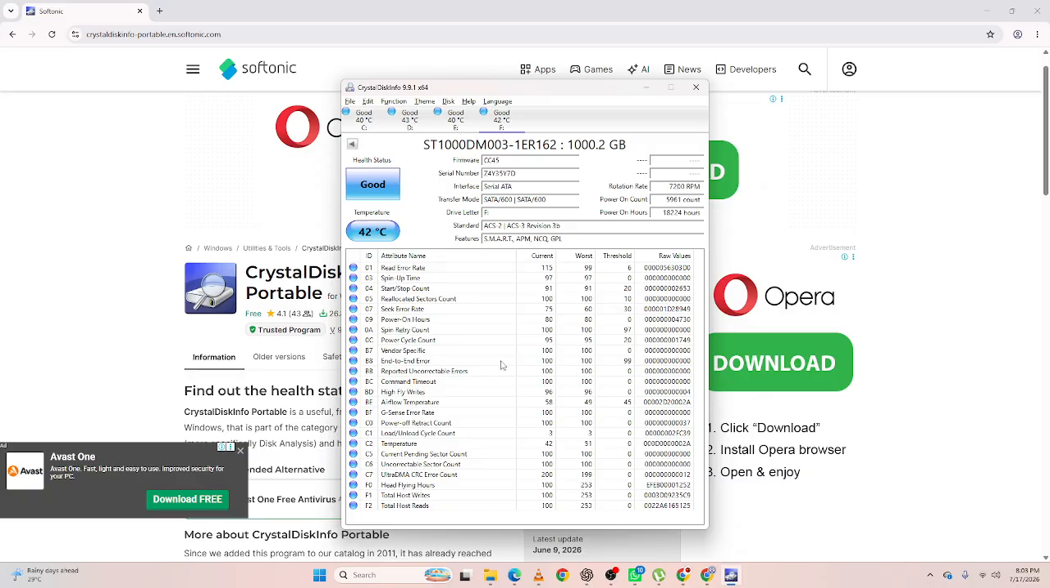And that's how to interpret CrystalDiskInfo health status. Understanding what good, caution, and bad mean, and reviewing SMART data alongside temperature can help you make informed decisions about your storage devices and